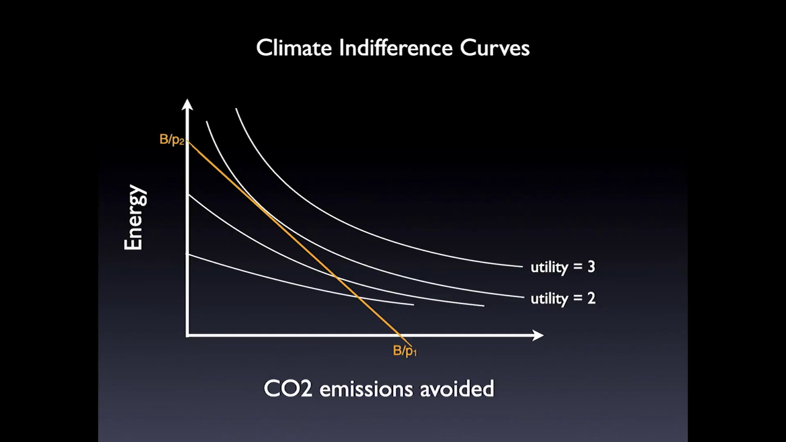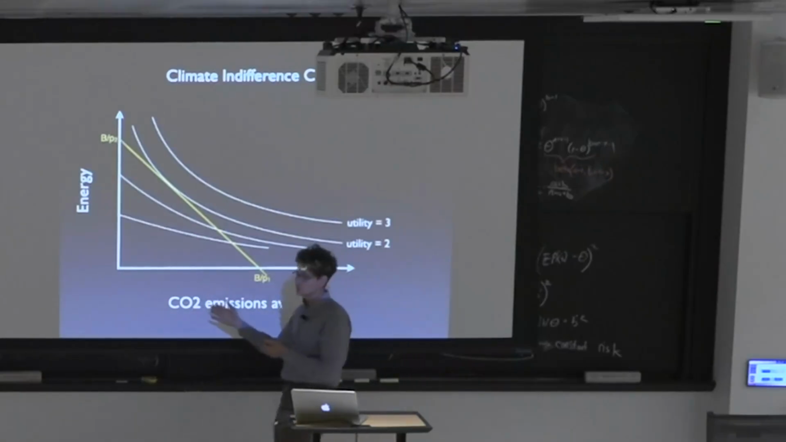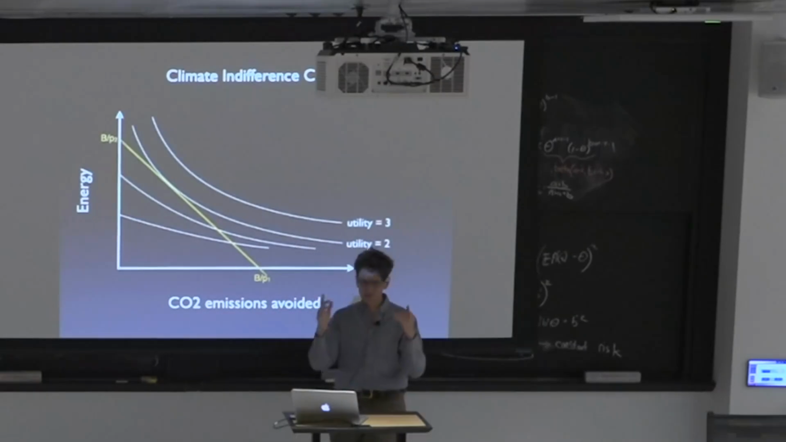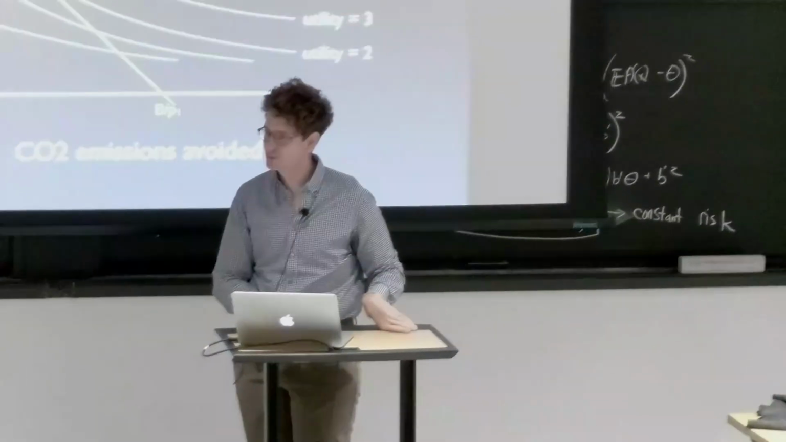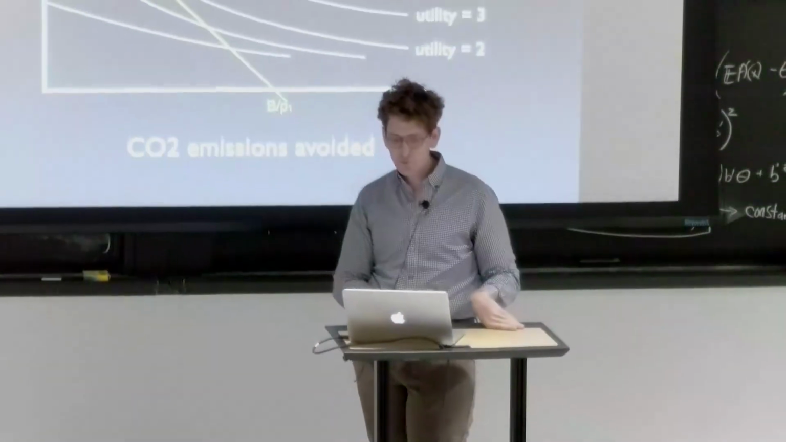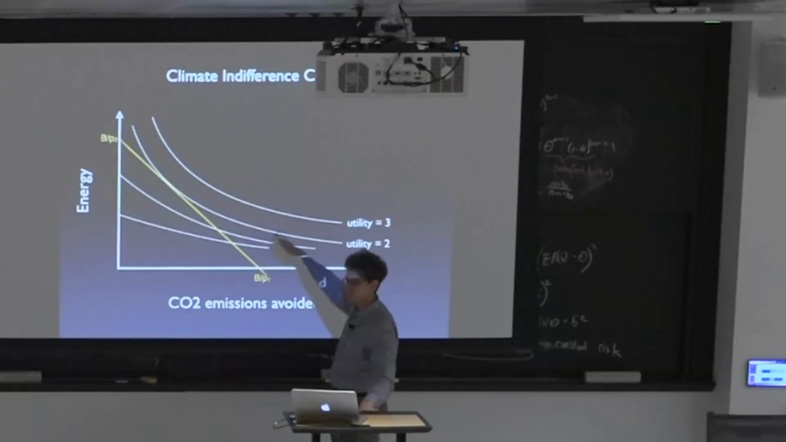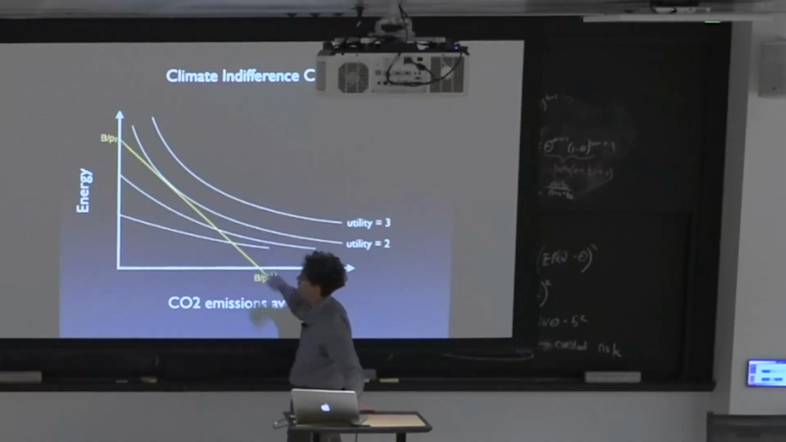So these two curves can be anything, as I said, and they can be energy and CO2 emissions avoided, right? So here now we're trying to concretize this into the climate change debate. So maybe most people's indifference curves look somewhat like this. And if you're a person that has this budget,